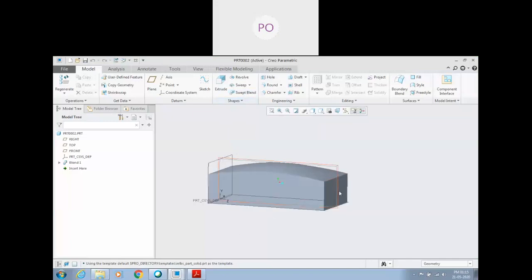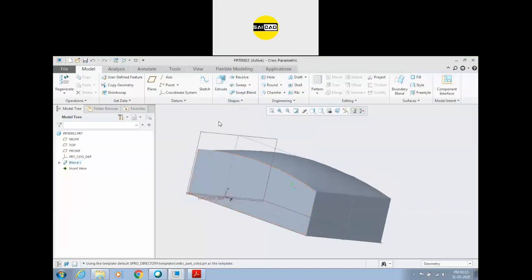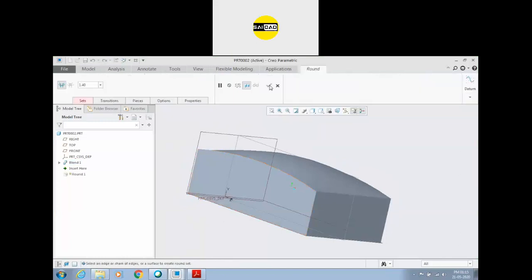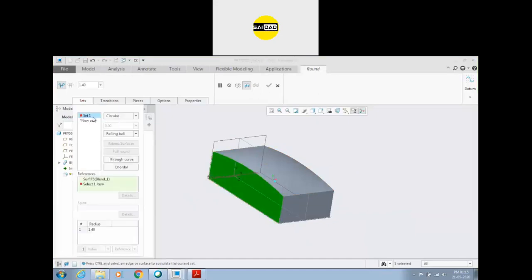So to create it, you have to just create the three shapes, or you can go to the blend and directly create those options. Okay. So this is the base shape. Now you have to apply the round. We are going to cover the round today, and to apply the round, you can just select the face. Or we have to define some radiuses.